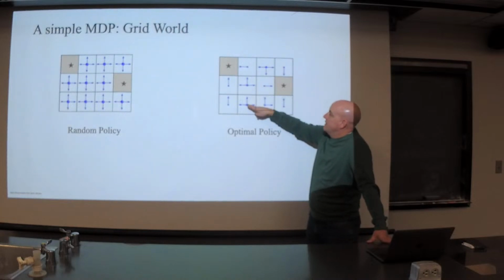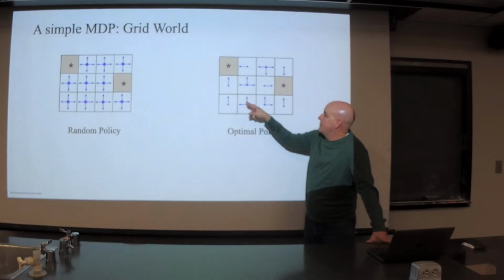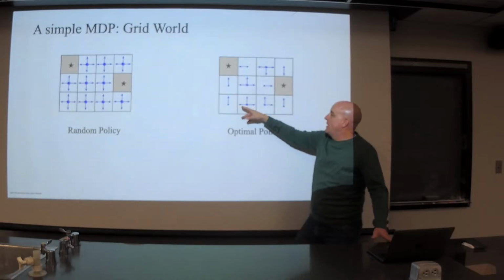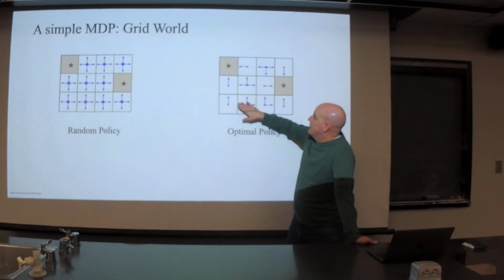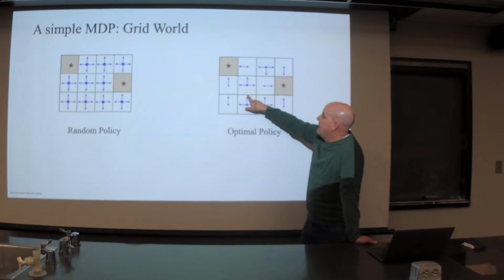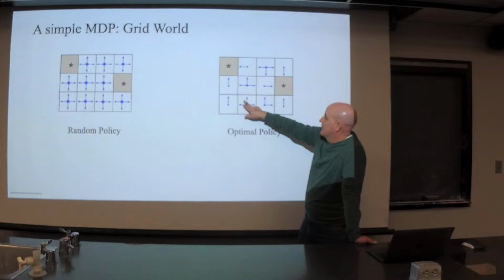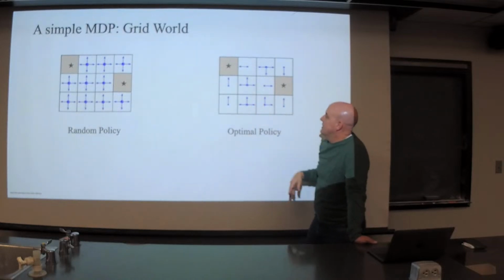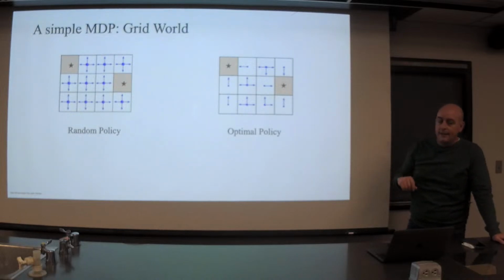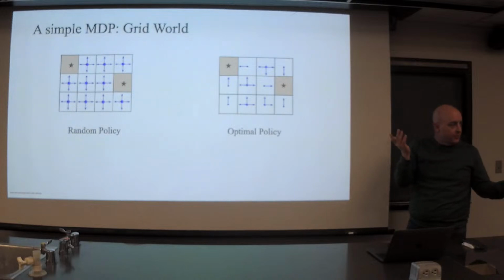If you're in any one of these cells here, it doesn't matter if you move left or right or up. For each one of those actions, there's another sequence of actions that will get you to the terminal state in the shortest number of actions. So these will have uniform probability across the 3 actions here and across the 2 actions here, because it doesn't matter which way you go. Either way you can still get to the terminal state in the shortest number of actions.